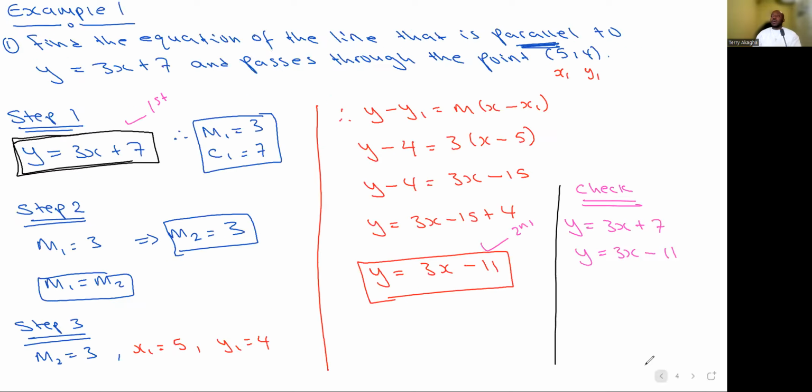Okay, the m1 we have is 5 over 6. And when parallel, m1 is equal to m2, right? So therefore, we can say m2 as well is going to be equal to what? 5 over 6. Are you seeing it? All right, then step 3. We have at step 3,